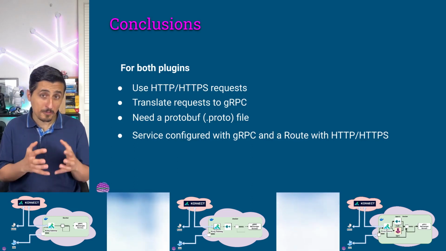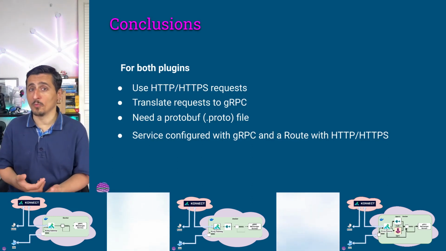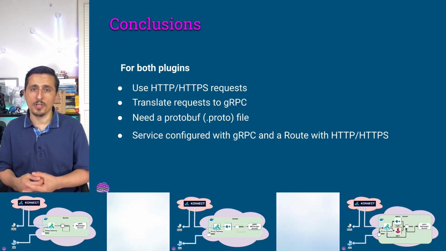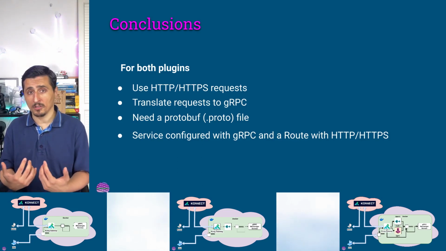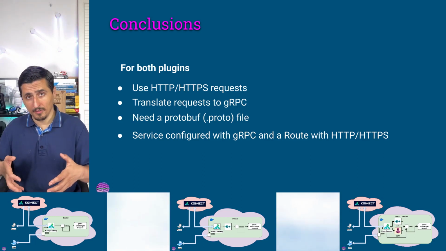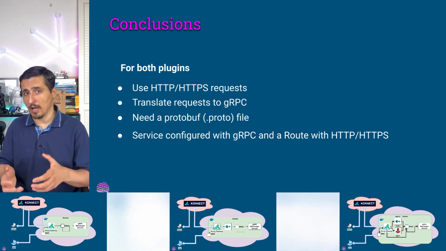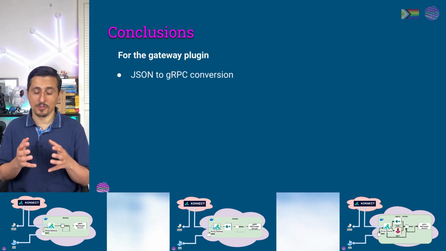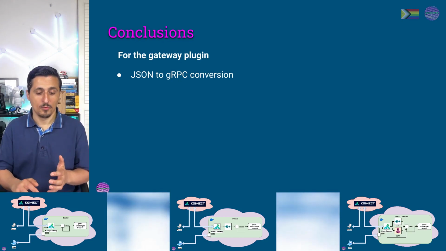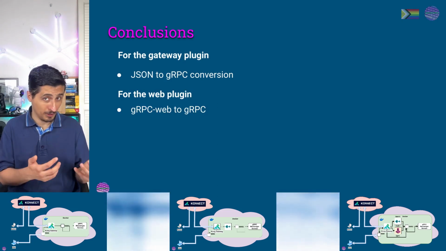For both plugins to work, we need a service configured with gRPC so that the gateway becomes aware of our service that is running with the gRPC protocol, and a route, which is the contact point between our clients outside our internal network and the API gateway using Kong. So Kong Konnect needs to have a service and a route, one with gRPC and the other one with HTTP requests. For the gateway plugin, we know that it will convert JSON to gRPC. We know for the web plugin that it will convert gRPC web requests, thus HTTP requests,